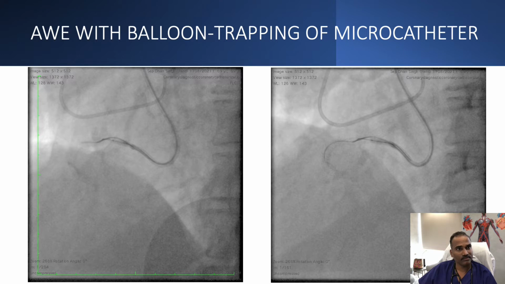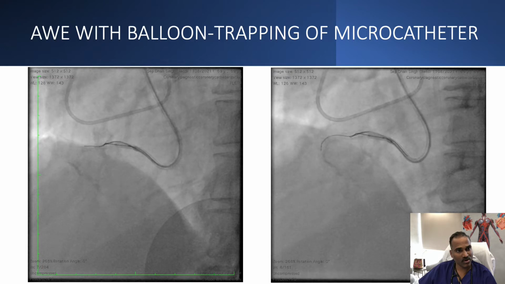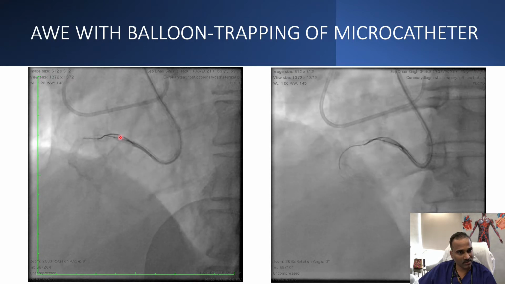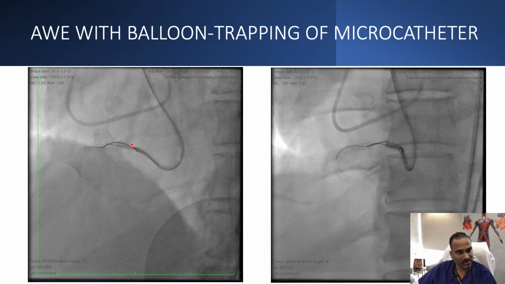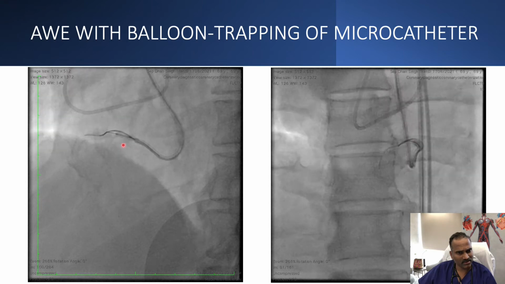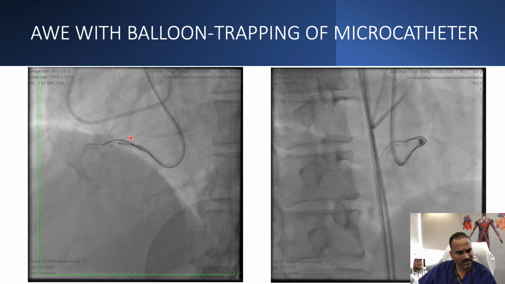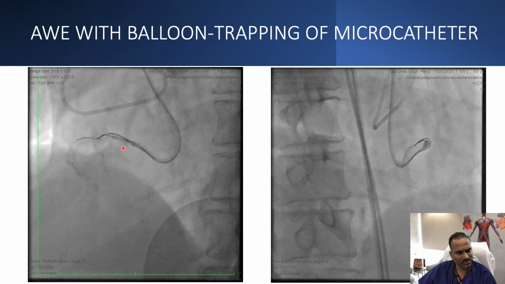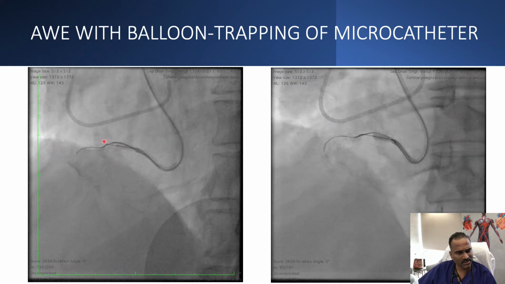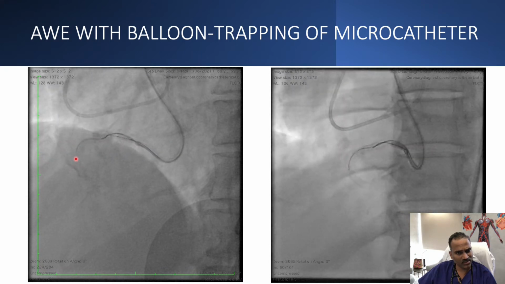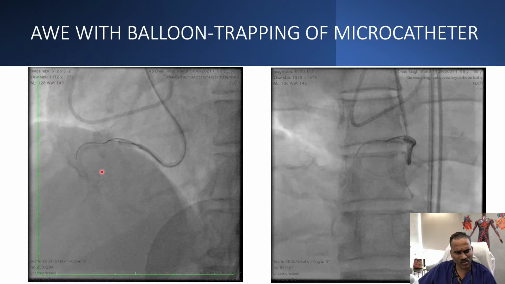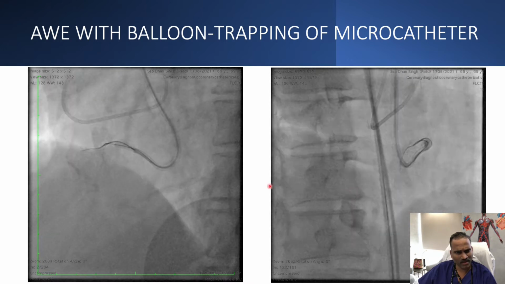So next we went ahead with antegrade wire escalation with balloon trapping of the microcatheter. As the guide was jumping off, you can see here, I trapped the microcatheter. This is CORSAIR, and there is a 3 mm balloon which is trapping CORSAIR, and then I am advancing a Pilot wire. So this is a Pilot 200 wire, you can see, and I am checking